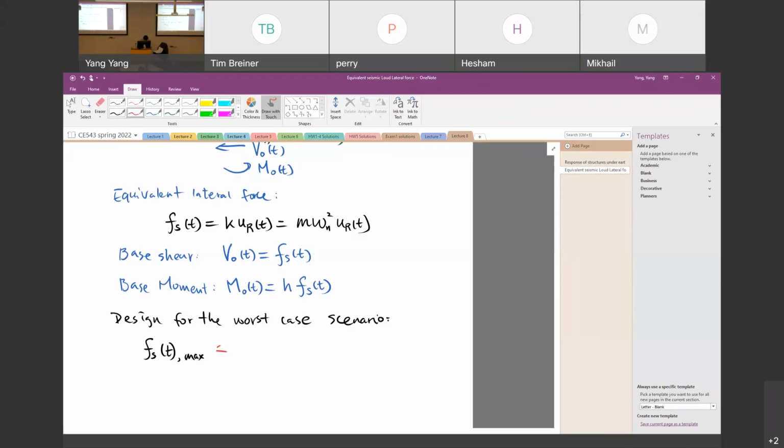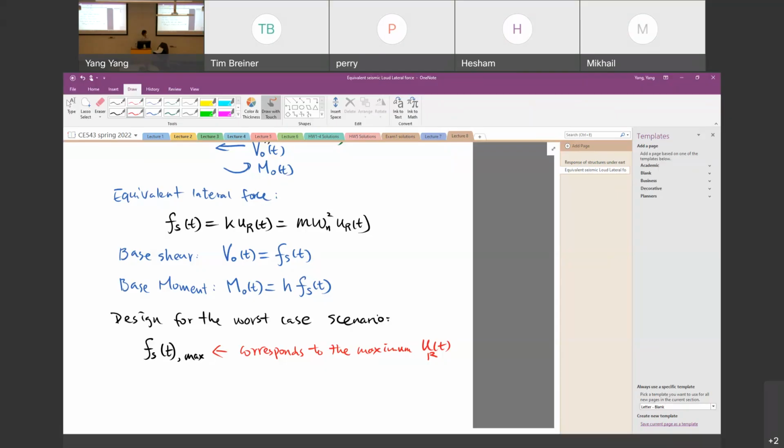This corresponds to maximum relative displacement. Does that make sense? So the structure is vibrating. When the structure hits the maximum displacement, the structure will have the maximum shear force and the bending